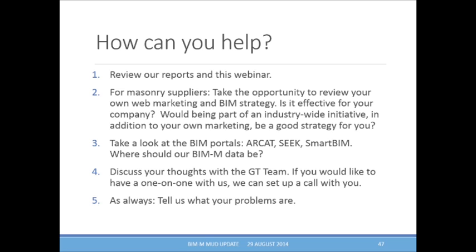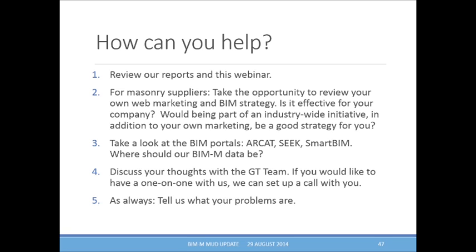For masonry suppliers, I think that the Masonry Unit Database, in a sense, complements what you're already doing on your web pages, and it's another part of your strategy to get information in front of the people who buy your products. And you should be aware of these BIM portals. You should make yourself aware of them. We are not fully aware of where these industry-wide storehouses are going in terms of information, but architects and engineers are using the web ubiquitously to get information about products,